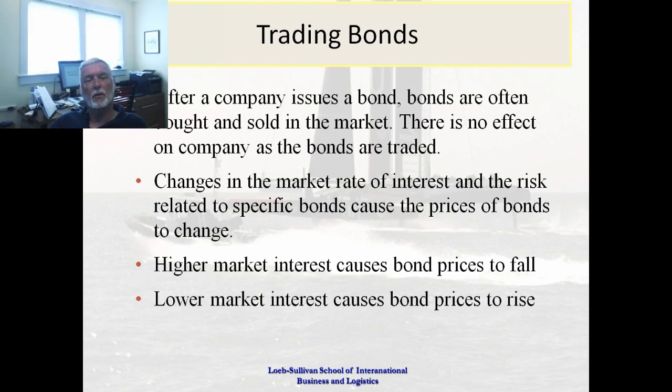Bond prices rise and fall in the marketplace based on the market rate of interest. So market rates of interest change all the time. When market interest rates fall, bond prices rise. Market interest rates rise, bond prices fall. So we can say that bond prices move inversely to interest rates. If market interest rates go up, it means I can lend my money at a higher rate, so the bond that I hold is worth less because it's paying a lower rate, and so forth. So that's how bond pricing works.